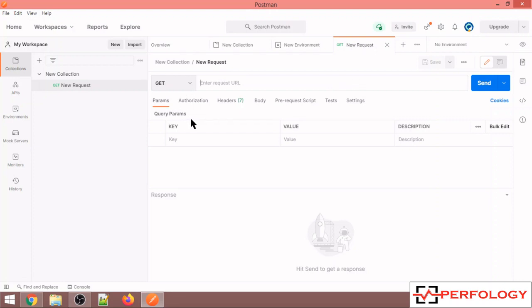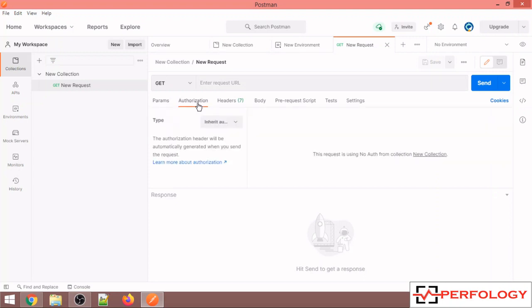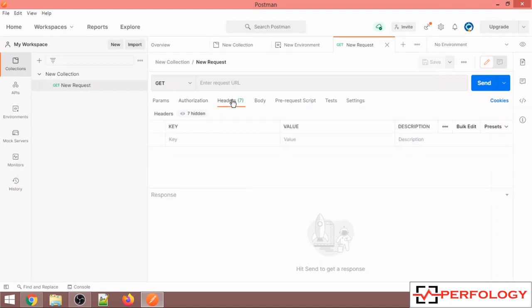And with respect to this URL, if there are different parameters which have been passed, you can specify those parameters over here. In some cases, authorization is required to access the resources on particular servers, so that authorization can be provided over here. Similarly, if there are any request headers required for this URL to get executed, you can add them over here in the header section. The body will contain your complete request body. There are different formats which you can use to represent your request body.